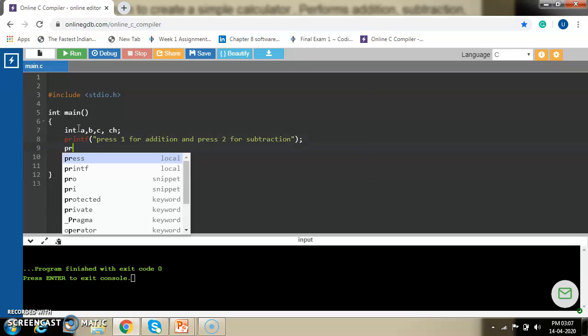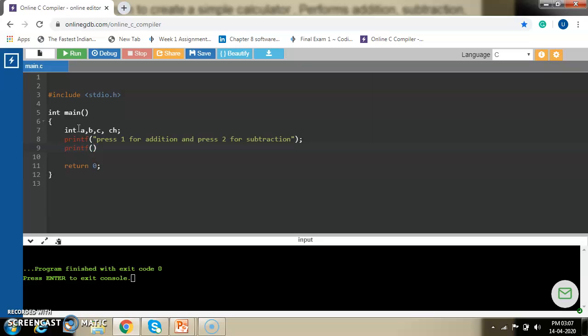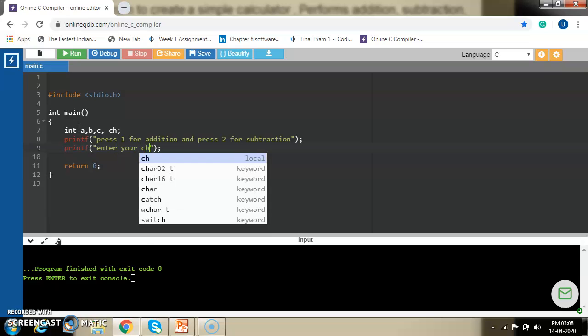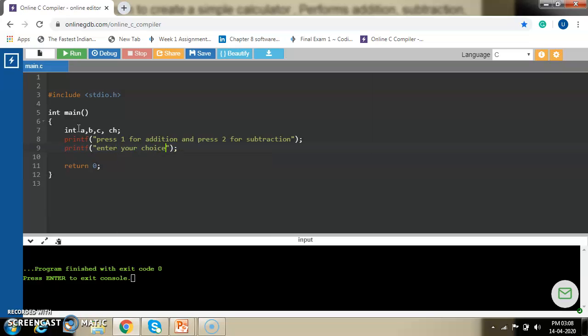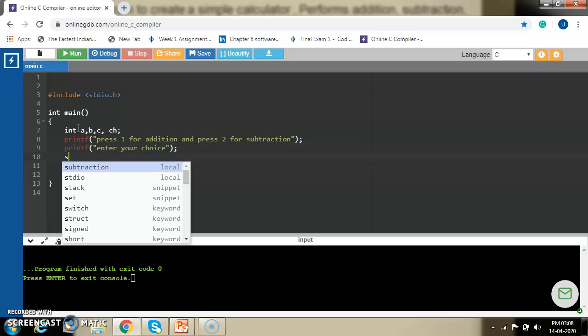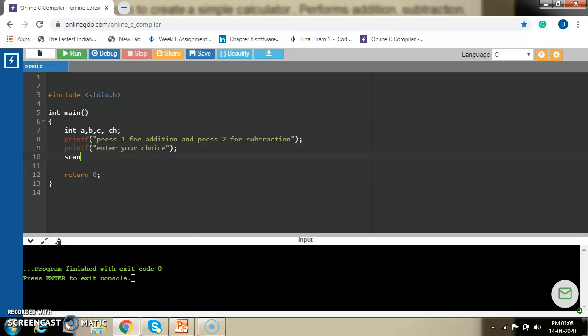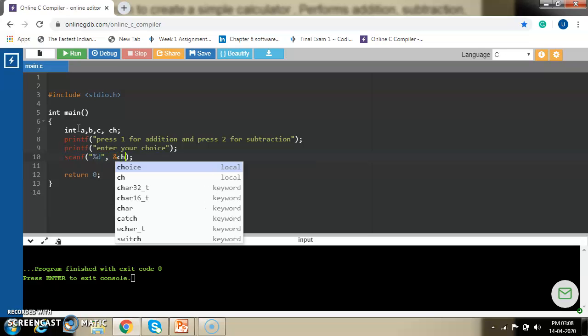Now printf, enter your choice. Scanf, %d, &ch.